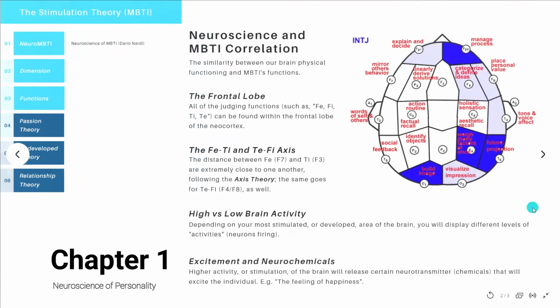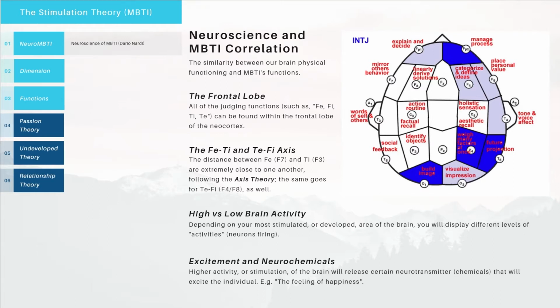So chapter 1, the Neuroscience of Personality. You can see the deeper colors are more activated in terms of the brain, and the lighter shades are the less activated, and then white is completely no activation or barely any activation, stimulation within that area. Now, the reason neuroscience is important to understand stimulation theory, and even MBTI at a larger scale,